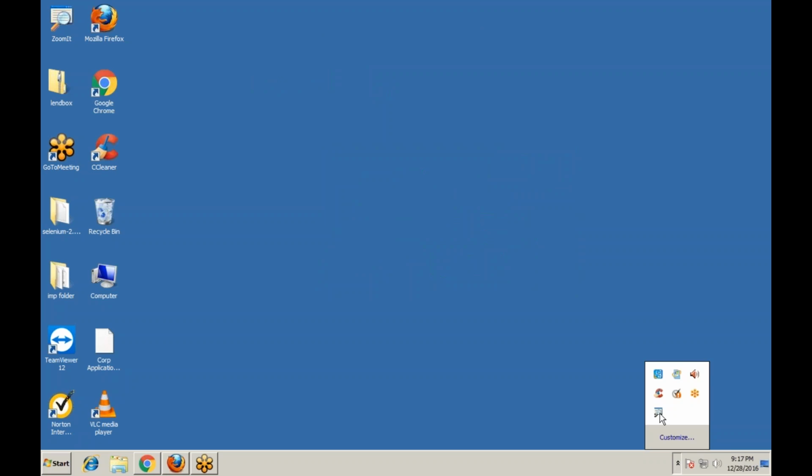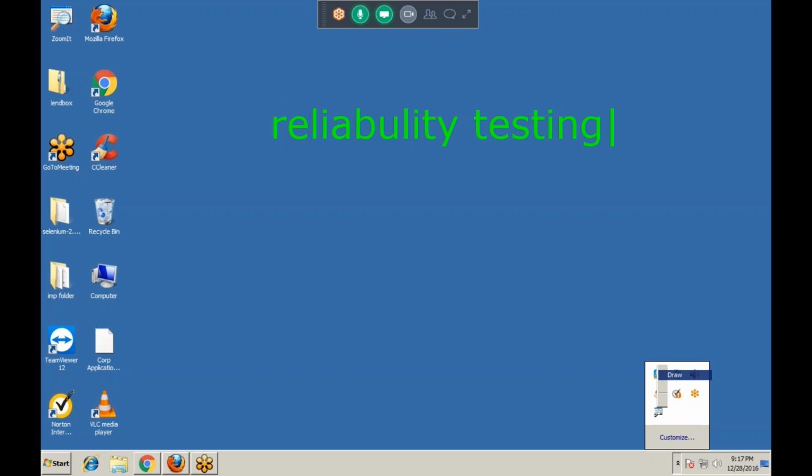reliability testing. Reliability testing means if one performs continuous actions on the application intentionally, so the type of testing is